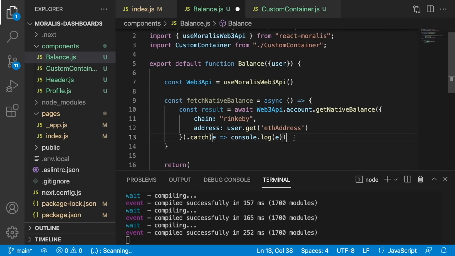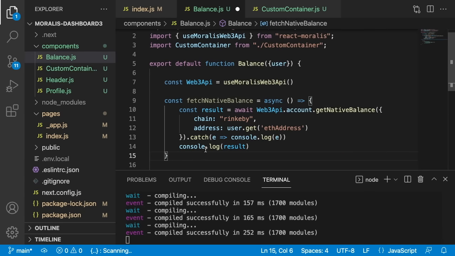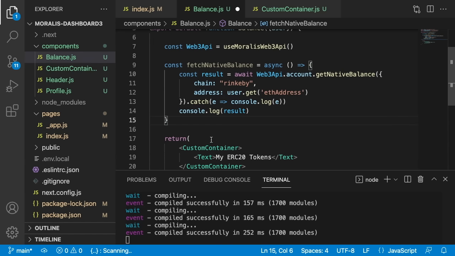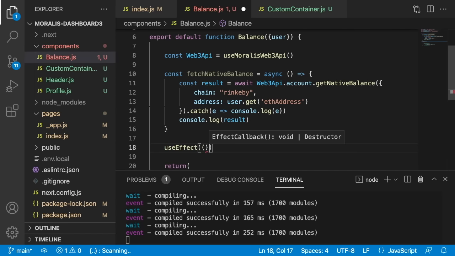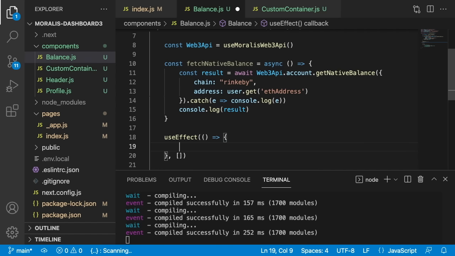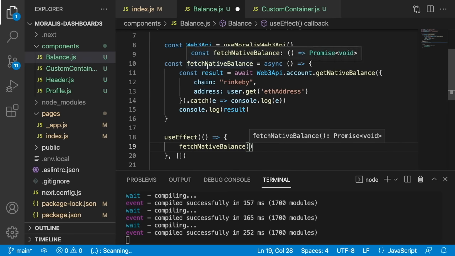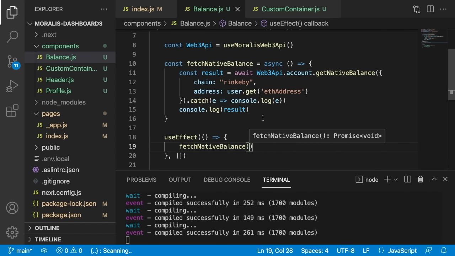Okay, so now, to see if it's working, console.log this result. We can call this function when the component mounts, so inside the useEffect from React again, we have our callback function and then pass an empty array as dependency. And we can call this fetchNativeBalance. Now you can understand also why we define this fetchNativeBalance as a custom function without writing it directly inside the useEffect, because inside the useEffect we cannot write any async function directly. So now if we go back